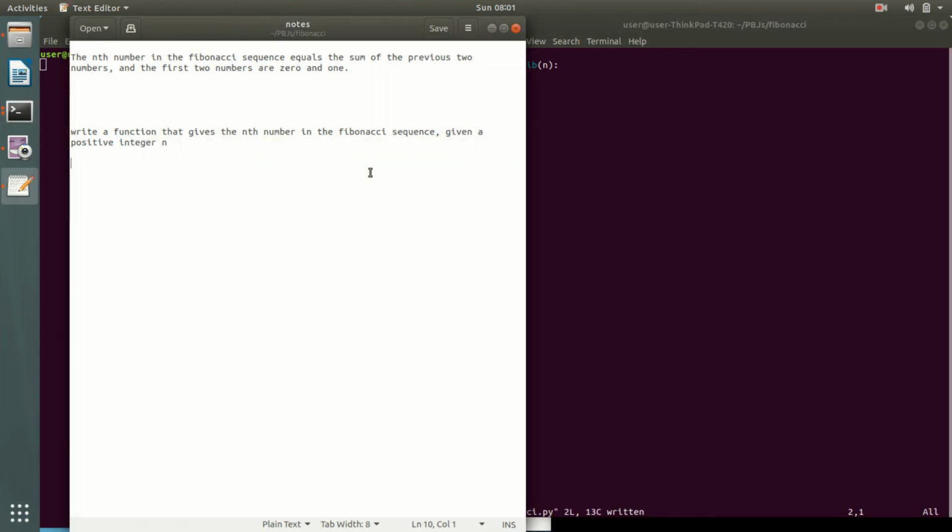Okay, look at this. Fibonacci sequence, easy. You can find this problem anywhere, on Google, whatever. So, the nth number in the Fibonacci sequence is the sum of the previous two numbers. And the first two numbers are 0 and 1. That's the Fibonacci sequence. So, write a function that gives the nth number in the Fibonacci sequence given a positive